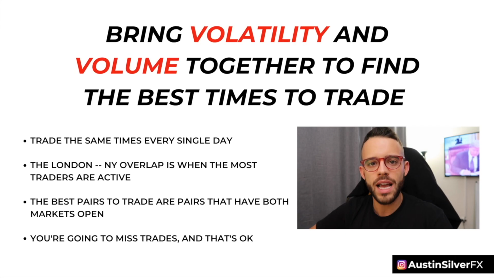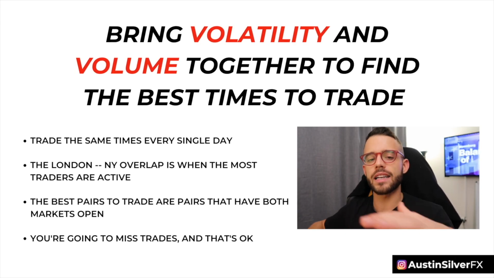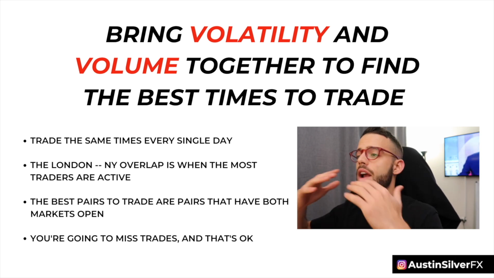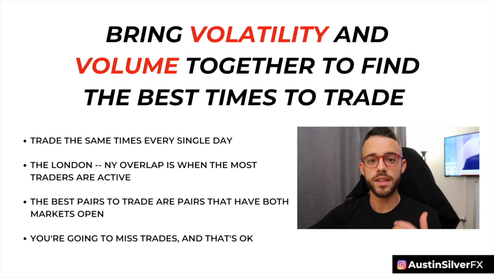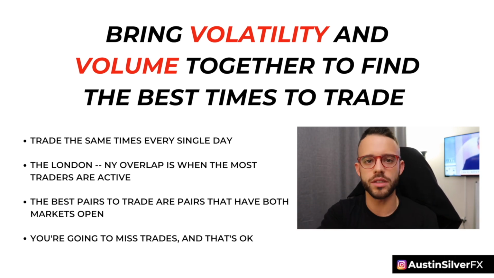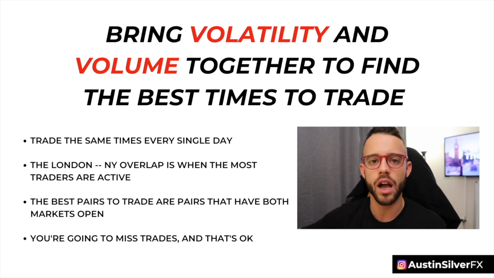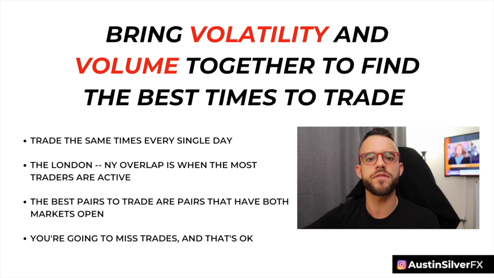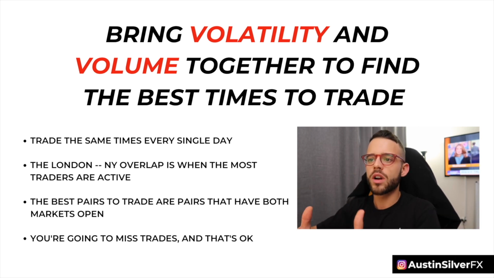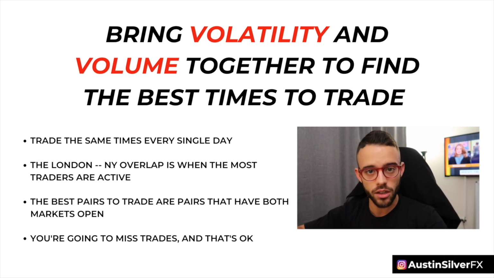The most volatile time, and this is when I trade, is that London to New York open. Very often we'll find great trade setups that fit our system early London, 2 a.m., 3 a.m. New York time. But we'll also find trades at 4, 5, 6, 7, 8, and even 9 o'clock in the morning, New York time, all that fit the same system, the system that I teach in our course, all taking advantage of this volatility and this volume that are overlapping during the London and New York sessions.